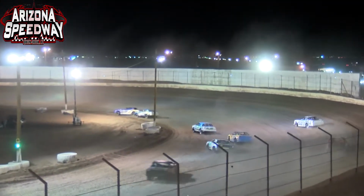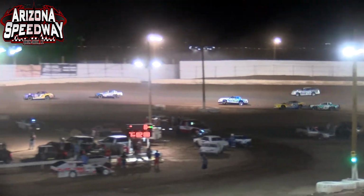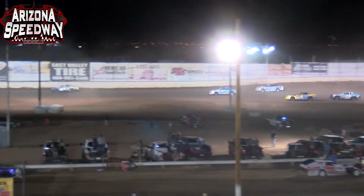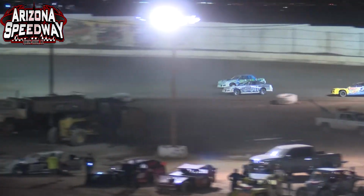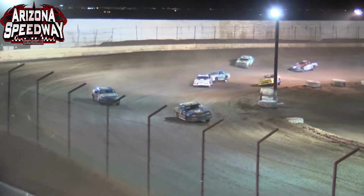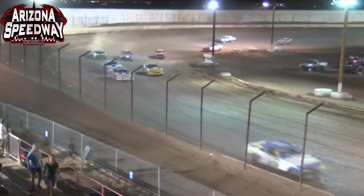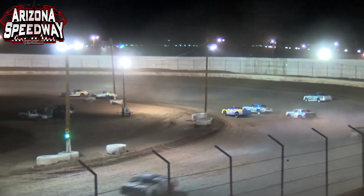And Larry Brigner, he has driven away with Zach Madrid for the race lead. So right now it's Madrid out front, looking for his 7th main event win of the season here at Arizona Speedway in the IMCA stock car. He went up high, now drops the nose down lower. Brigner, though, he stuck it to the high side and living and dying by it through 3 and 4. Now both drivers find the real estate down the bottom side of the racetrack. They'll both stay nose to tail